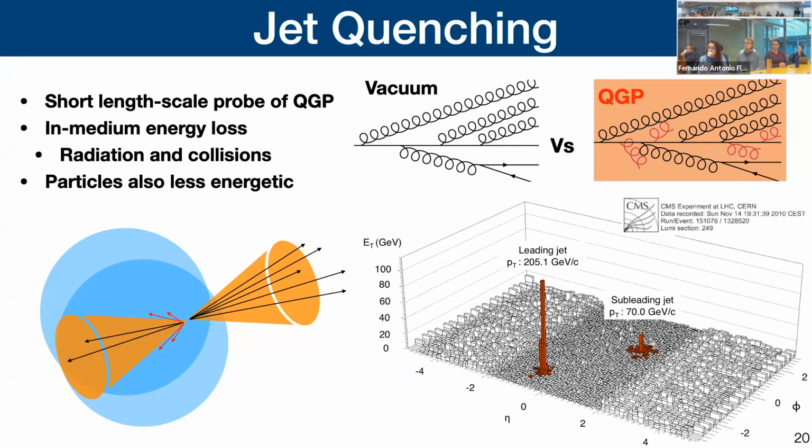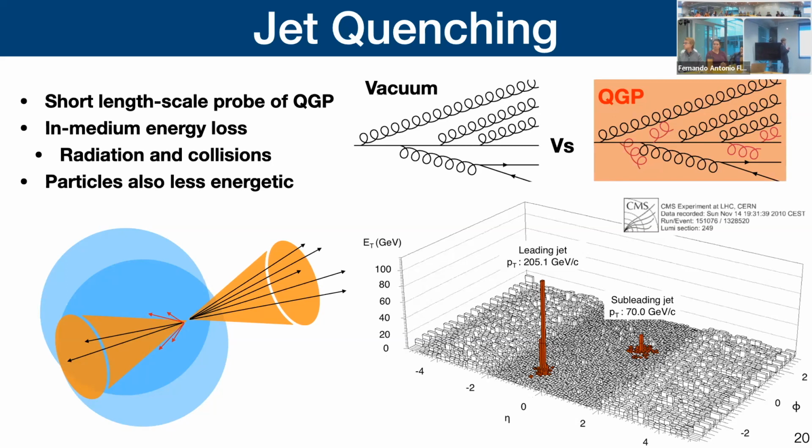And what that shows up as, if you plot this in your detector, shown over here, is unbalanced jets where they should be balanced, but one has clearly lost a lot of energy. So this process is known as jet quenching. And this is a direct result of your hot medium interacting with your jet, which is a pQCD code. And so this is a very interesting effect to study.